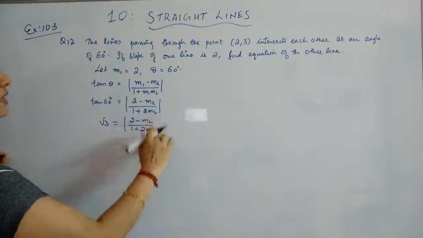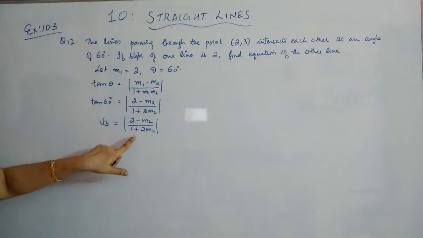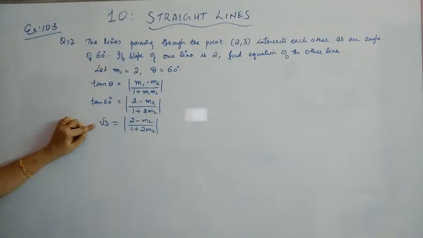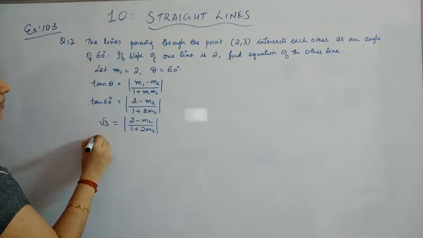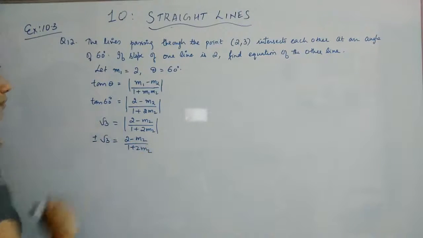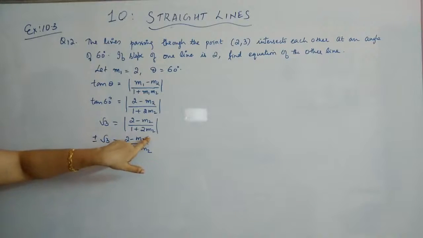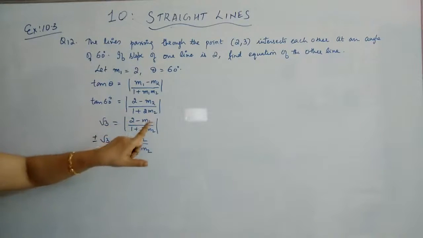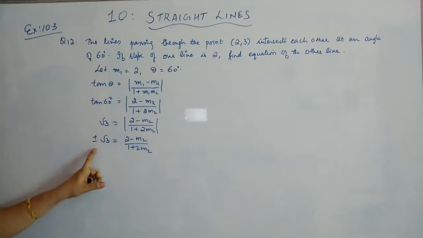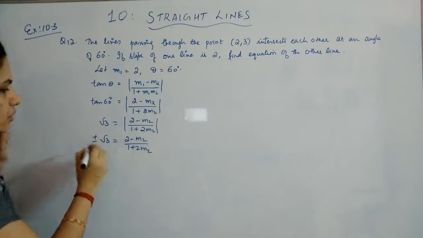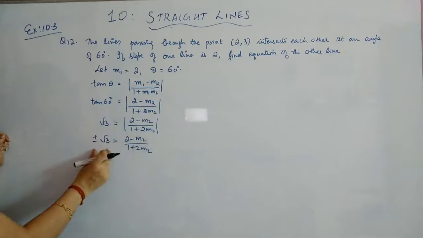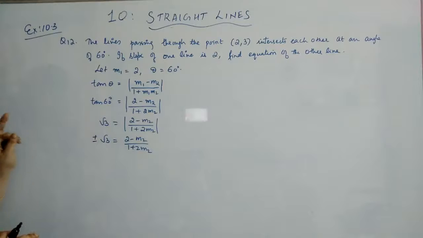Now, in order to solve this, we have to remove modulus sign. And when we remove modulus sign, on either of the sides, we have to put plus or minus. So it is easy to put it here. So we are just making it plus or minus root 3 is equal to 2 minus m2 by 1 plus 2 m2. Understood? The meaning of modulus is it can be either positive or negative. So when we are removing it, we will get plus or minus. That plus or minus can be put in any of the places, not both. Now, you have two cases, that is either this can be equated to root 3 or it can be equated to minus root 3, which will give you two values of m2.